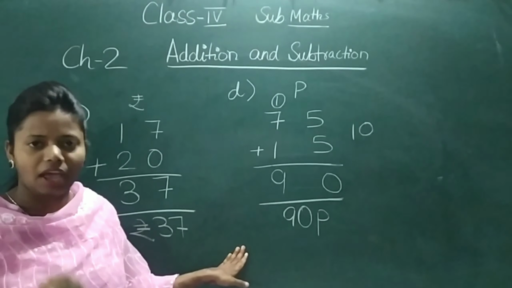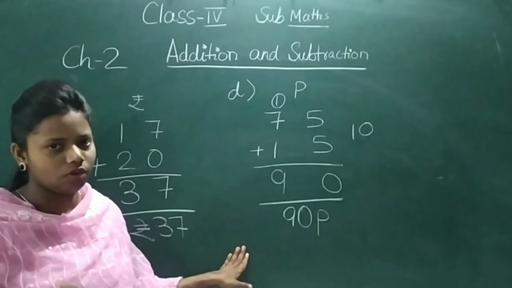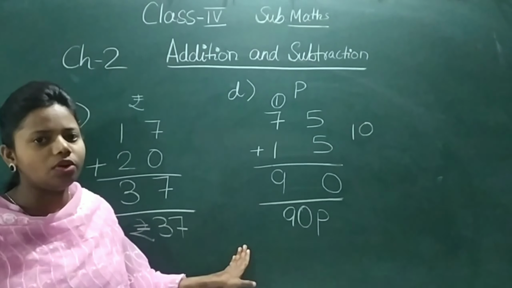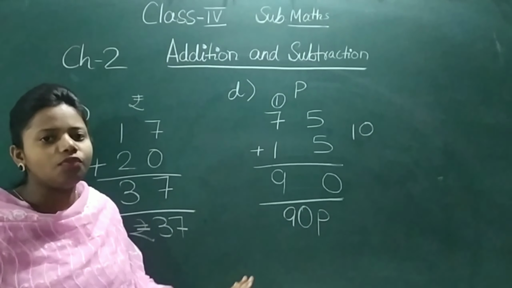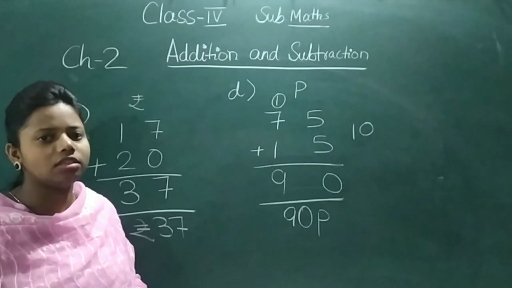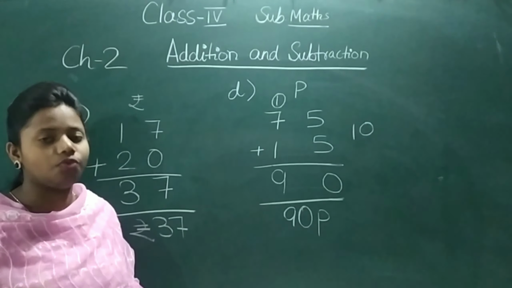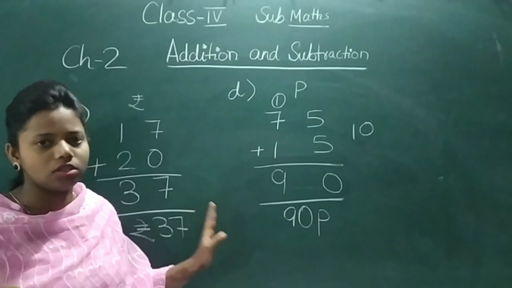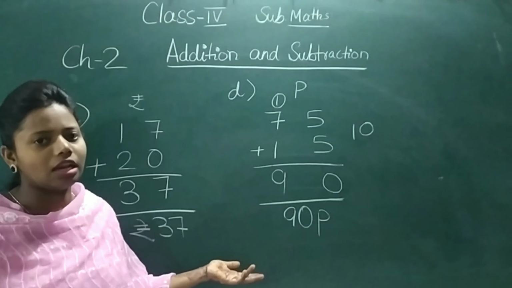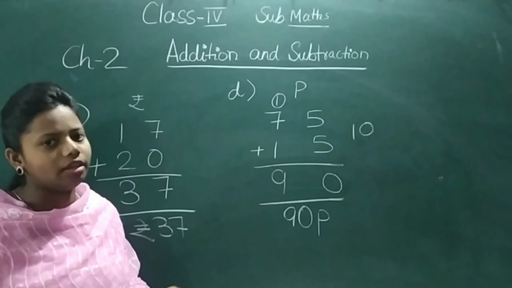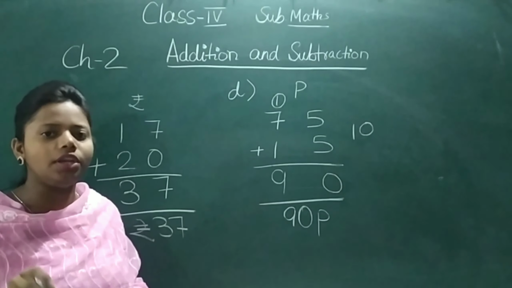Okay, and question number 5 is also there. That will be your homework. And whatever I am doing on the blackboard is your classwork. Okay. Now let's move to the new exercise. Exercise 2.1. So we are going to now start the chapter. This was about the recap. We have done the recap of whatever you have done in class 3. Now we are going to start the exercise, that is 2.1.